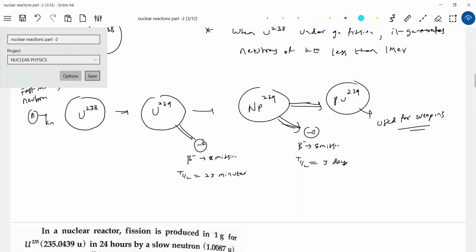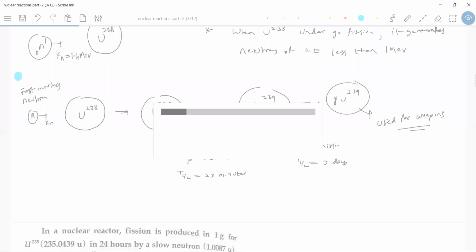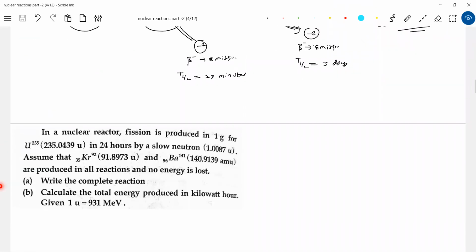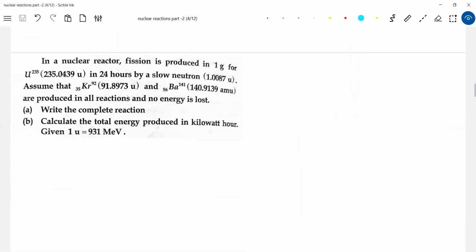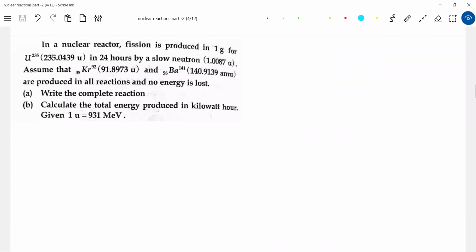Let's get into the nuclear reactor again. Okay, let's see what is produced in a nuclear reactor, fission in 1 gram of